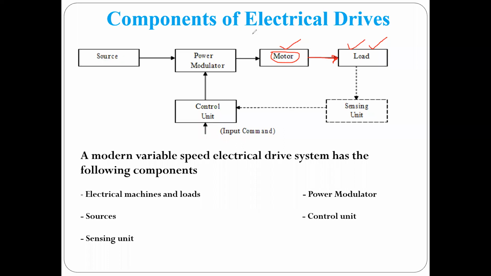Power losses will occur, so the losses are more in the armature resistance control method. Is it clear? And in the armature voltage control technique...